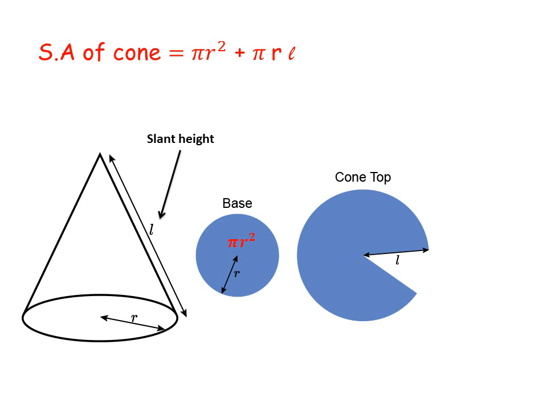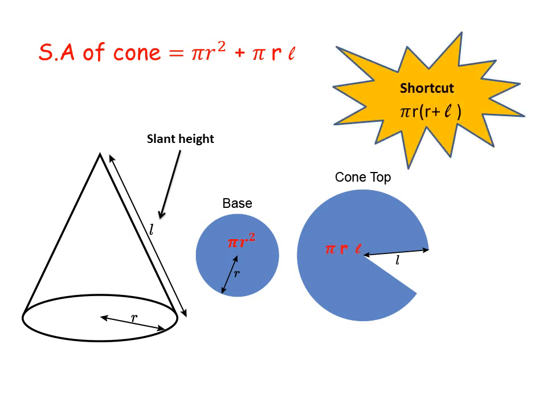And we can find a shortcut to solve it quickly, because pi r is repeated in this formula. So we can take pi r as a common factor, and our shortcut will be pi r times r plus l, where r is the radius length of the base of the cone and l is the slant height of the cone. Are you happy with this? Try to remember this shortcut